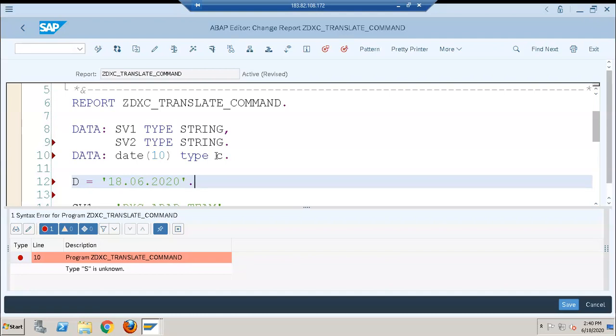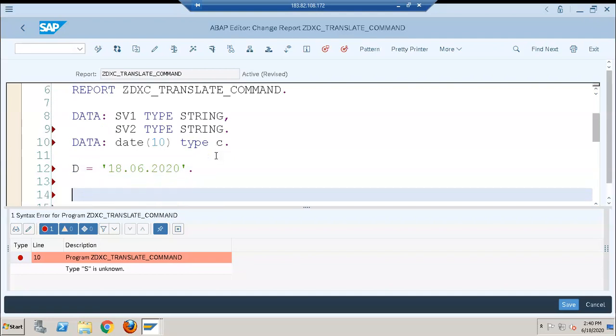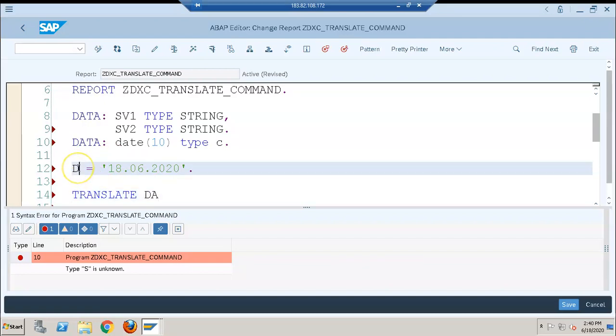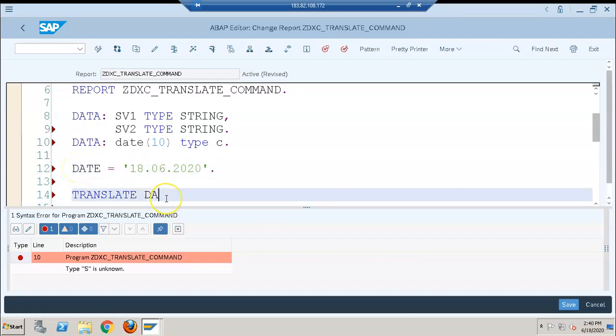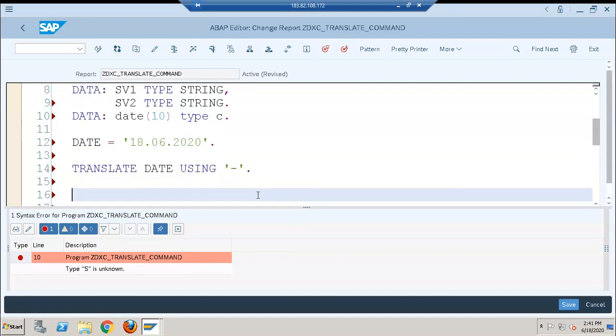Now what we'll do is we'll say translate date. Okay, we have written it as date, right? Translate date using hyphen, and then we have to go right.